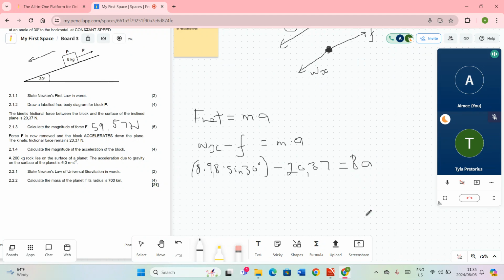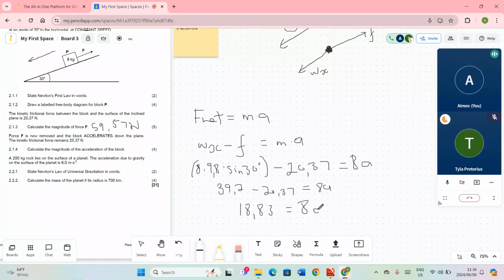Okay, so we substitute that in. 8 times 9.8 multiplied by sine 30 gives us 39.2 minus 20.37 equals 8a. So 39.2 minus 20.37 gives us 18.83